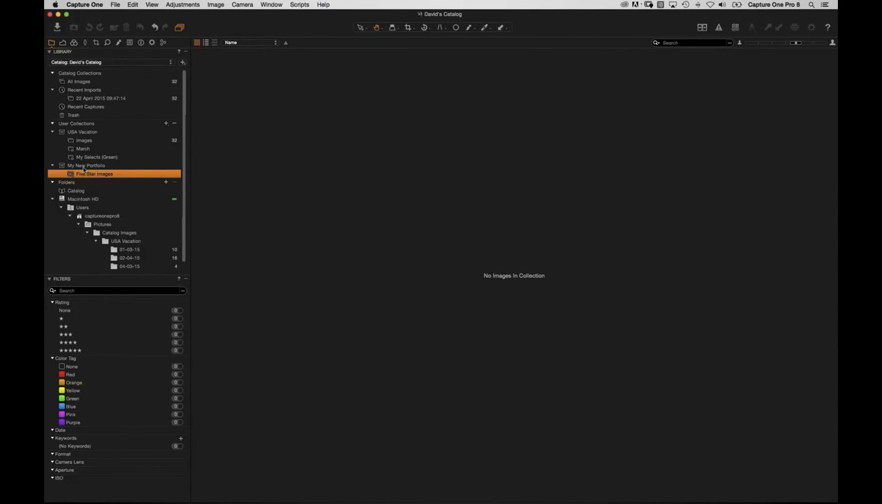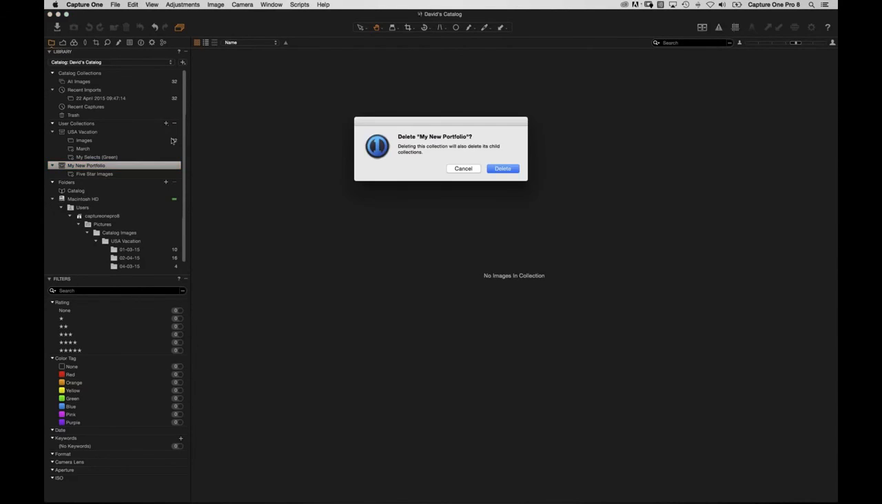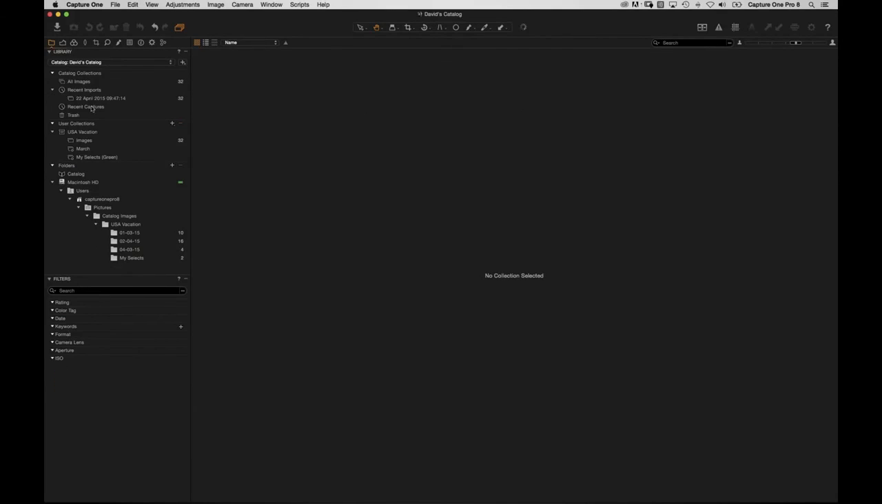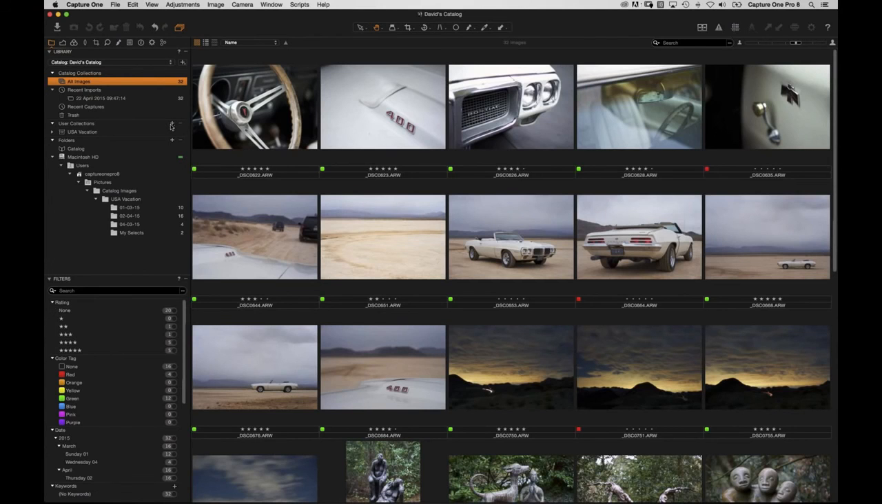Oh, I made a mistake. Hang on. Let's just get rid of that. What I wanted to show you, as I was saying earlier, is that the smart album that belongs in a project only sorts or only looks for images in that project. If we have a smart album outside of a project, which is what I was trying to do,